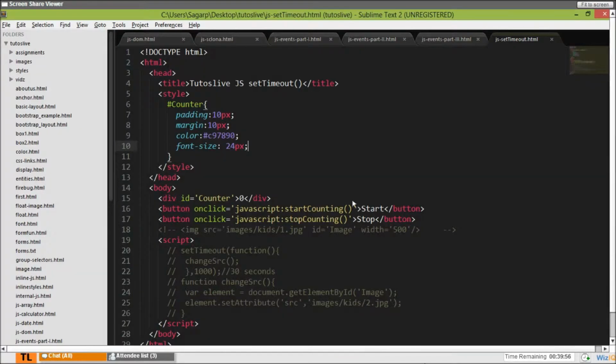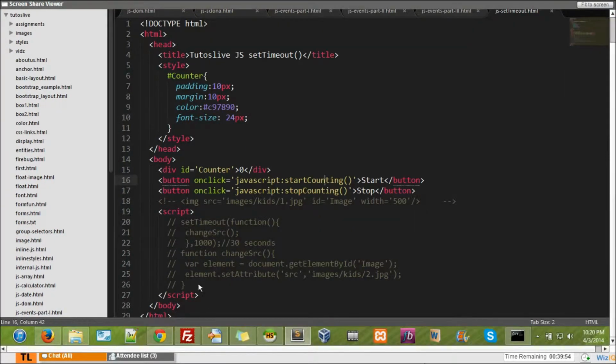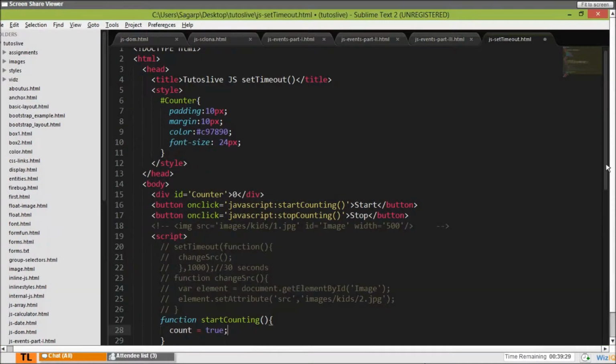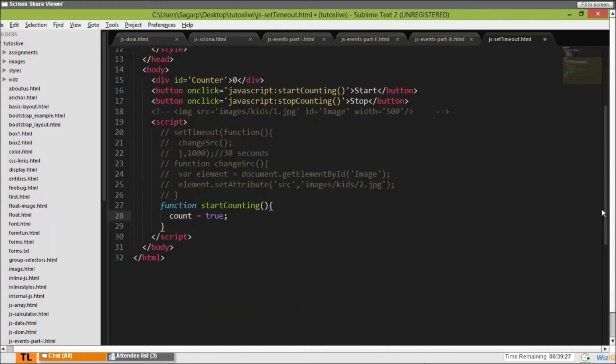So the first is start counting, right? So here I start. So this function is start counting. Okay, in start counting, what I say is count equal to true. Let's put a flag saying okay, count equal to true. So this guy told me to start counting.